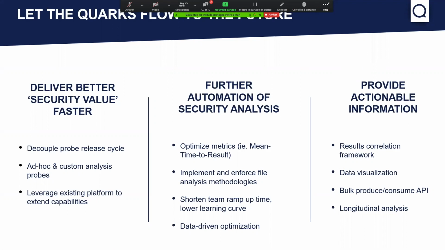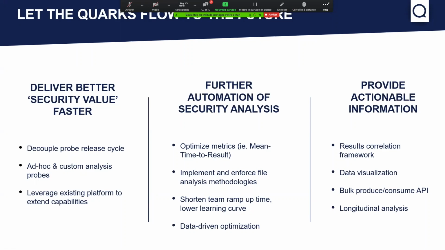Because sometimes you may get results that are conflicting, or sometimes you may get results that are partial, or in certain cases, one analysis engine may not be very precise and may produce false positives, and some other analysis engine may be better in some cases, but not all of them. So when you have multiple analysis engines, you will also need a good way to understand and specify how to combine the results from all these engines to produce something that is actionable. And for that, we believe in what we call a results correlation framework.